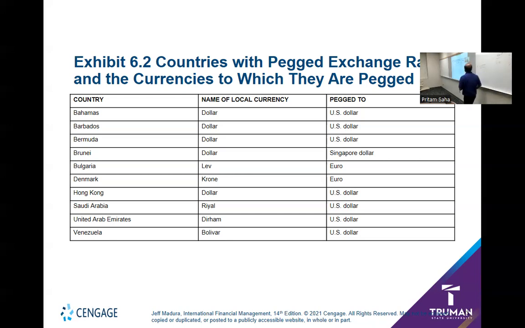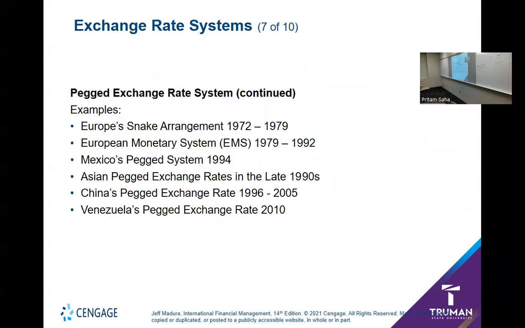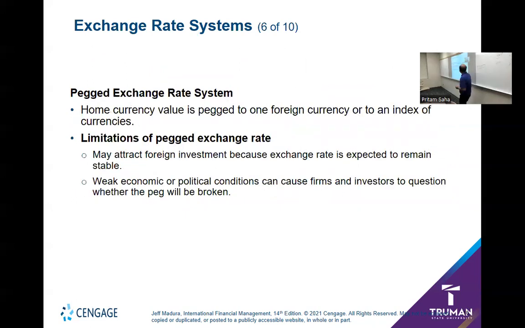So basically, in history, these countries take their own currency. Let's say Saudi Arabia pegged to the US dollar. They initially started with a certain exchange rate and then just followed the US dollar. US dollar appreciating, their currency appreciating. US dollar appreciating, their currency appreciating. But the problem is, if they suffer a lot of political uncertainty, turbulence, there is a possibility the US can break the pegging with Saudi Arabia, which is the problem.